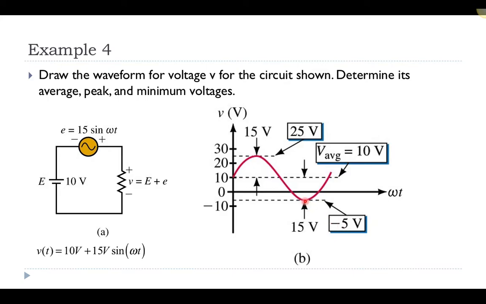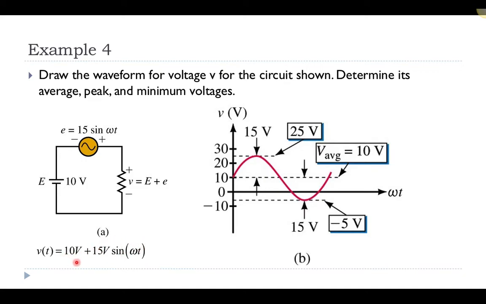Now the more important question is, what is the average value? It turns out, over one cycle, the average of a sine function just by itself is always going to be 0. Because when you look at a sine function, it always has the same amount of positive values as it has negative values, if we were just looking at it about the 0 axis. And so essentially, if we're looking at the average, this sine value goes to 0, and the average is just